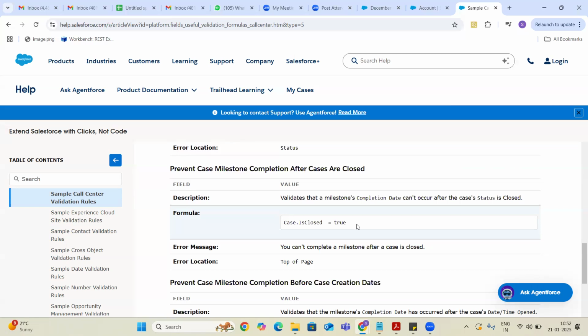Whenever you try to do something and save it, it will throw the validation, since case is closed equals true. It always throws a validation saying that you can't edit the record. You can reopen it and then edit it.